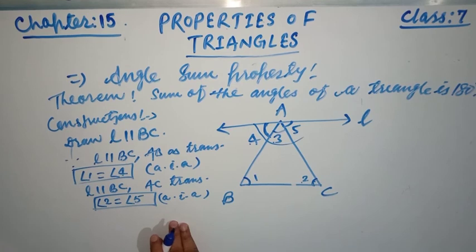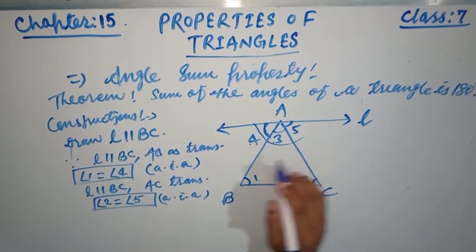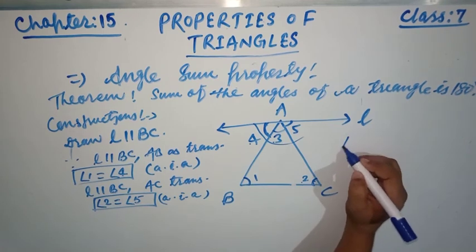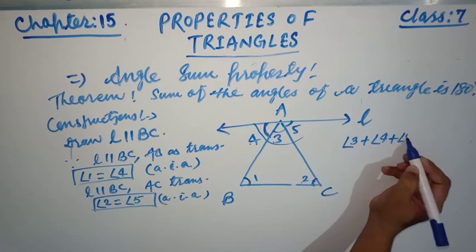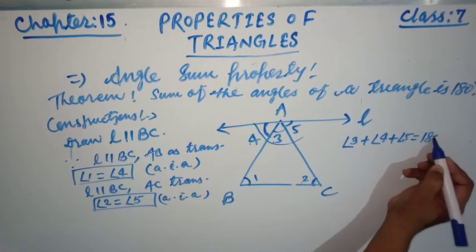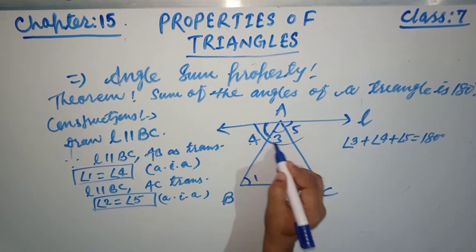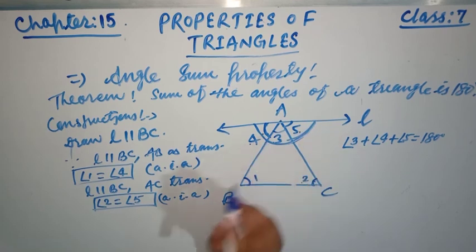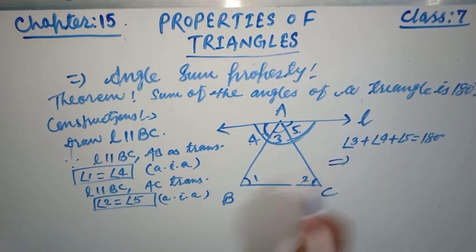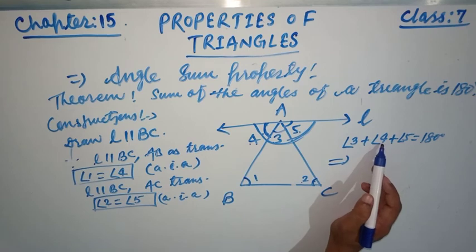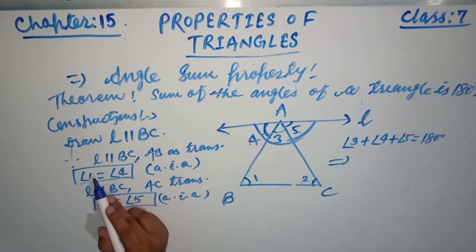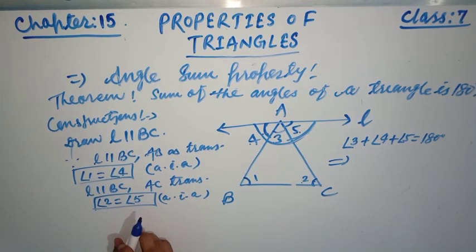Okay, now friends, see here, angle 3 plus angle 4 plus angle 5 is equal to 180 degrees, because it is a straight line, and look at this angle, this plus this becomes 180. Now friends, in angle 4 and angle 5, put the values. Angle 4 could be written as angle 1, and angle 2 could be written as